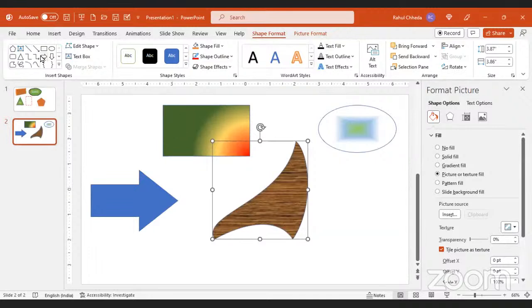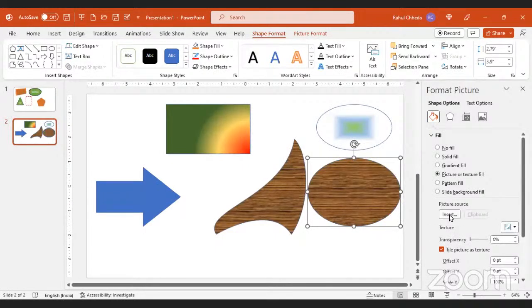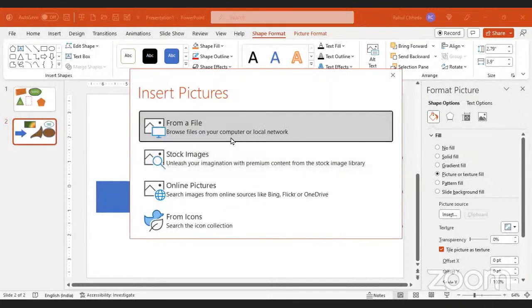I'll add one more shape here. If I want to add a picture, I can add a picture inside this as well. In the picture texture fill, I can just click on this insert button, and you can take it from your file which you have on the